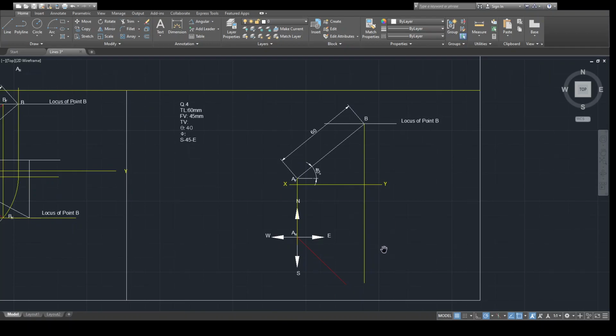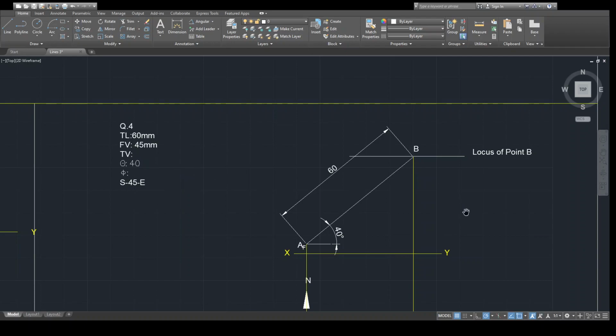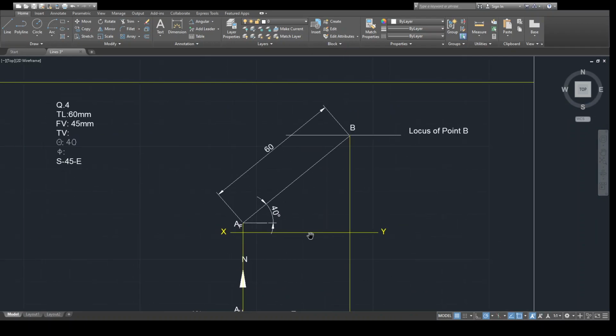But we don't know the locus of point B in the case of top view. So that's why we cannot locate point BH. But fortunately, we have the front view length 45 mm. So what you have to do? Take AF as center, take the compass with radius 45 mm, and from AF cut somewhere here, so that you will get point BF. So how to do that? I will try by using an arc. Let us say arc is not possible.